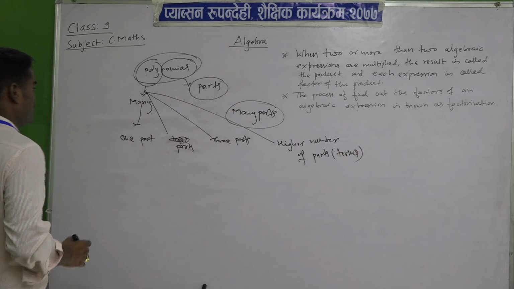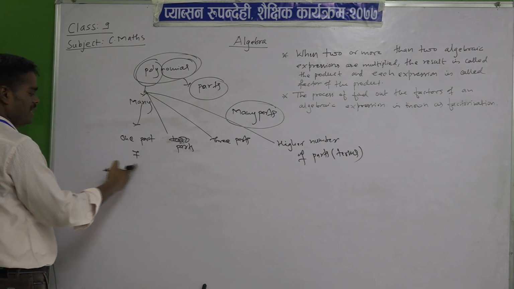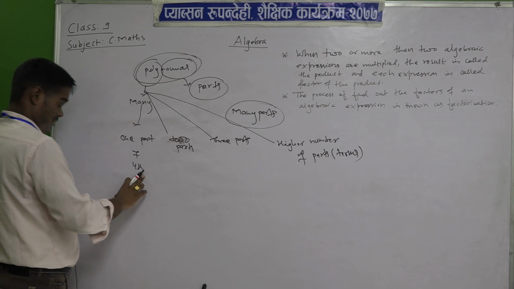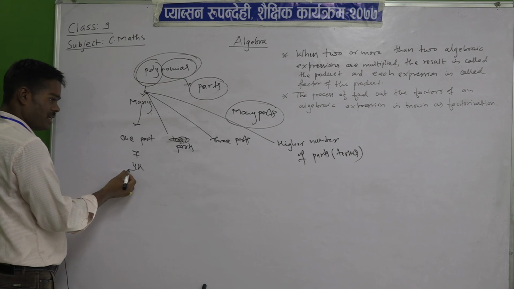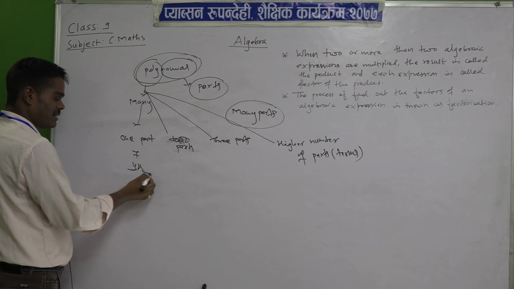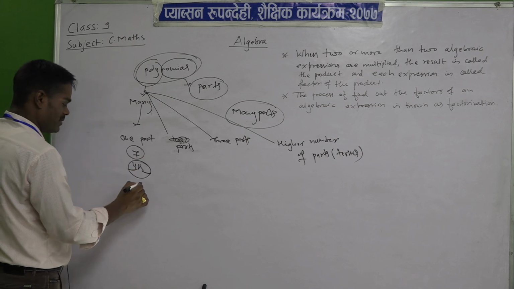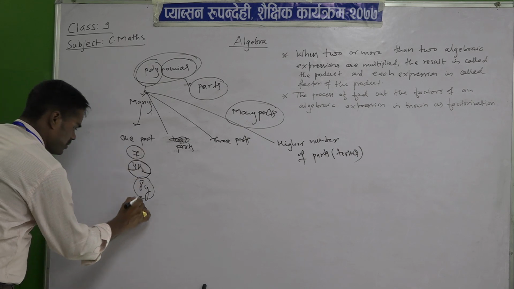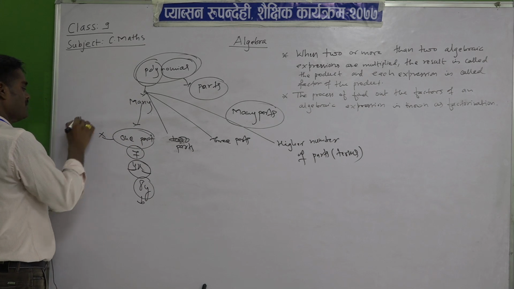In a polynomial, like 7, or 4x, which is a product of a number and a variable, that is, an alphabet, this is the numerical coefficient and this is the literal coefficient, the variable. So these are a single part, a single term. 8y is also a single term. This part is known as a monomial.